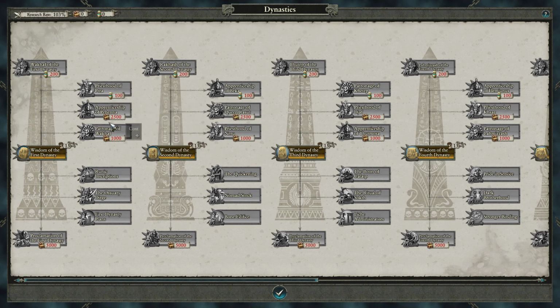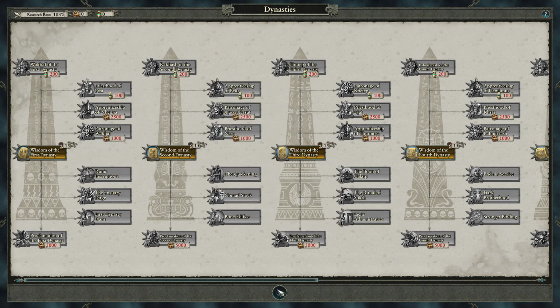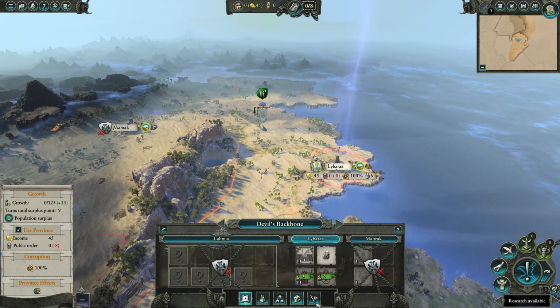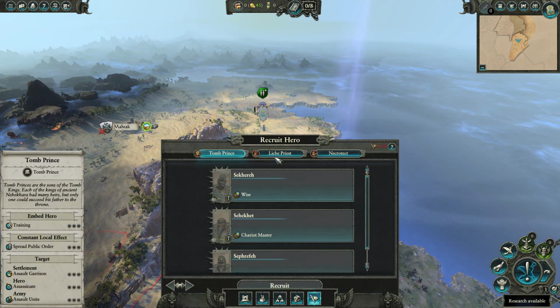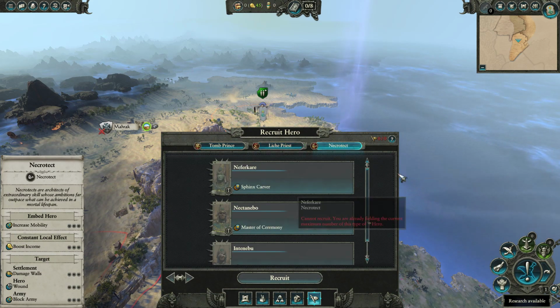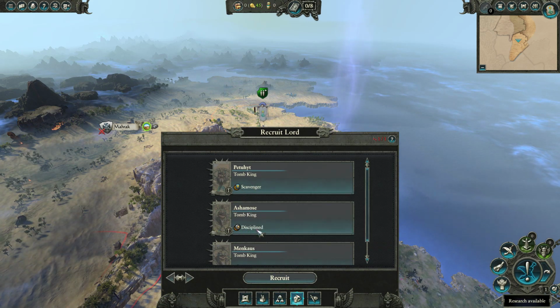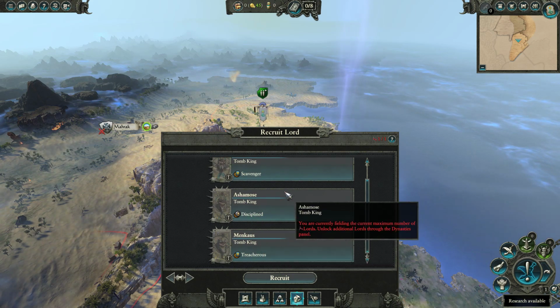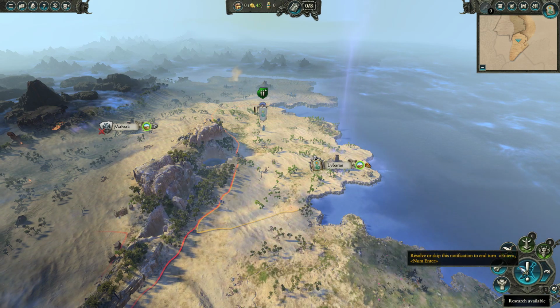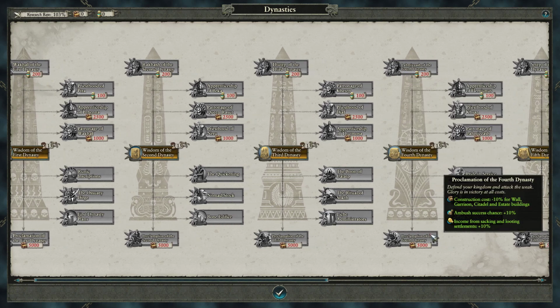So you can improve your hero capacity. You can get your dynastic lords here. Actually, that's one of the things I would want to check out, how exactly recruiting lords and heroes works. Obviously we can't recruit anything there because we don't have any of them unlocked. Right now we're maxed out on Tomb King lords, and to get more, we will need to unlock them through the Dynasties panel, which is right here, and that's our technology. And as you can see, you're definitely limited in armies,